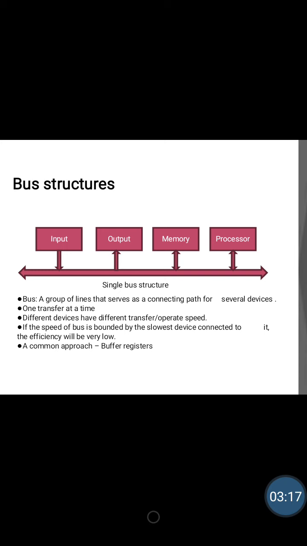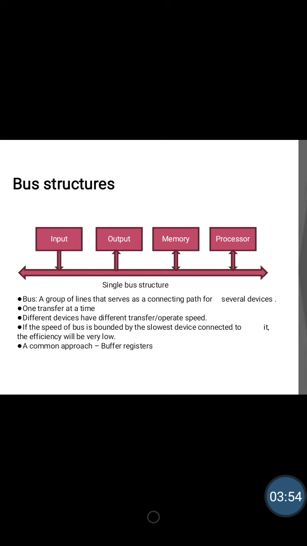Or you can consider memory and output unit. From memory, some data you want to output, you want to take out, printing, isn't it? Printing if you are doing. So something in the memory is getting to be printed out. At that time, input unit and processor can't do anything. Or maybe memory and processor may be active. So some operation is going on in between memory and the processor. At that time, inputting can't be done, outputting can't be done. Okay. So as it is making use of single bus, only two units can be active and only one transfer is possible at a time.